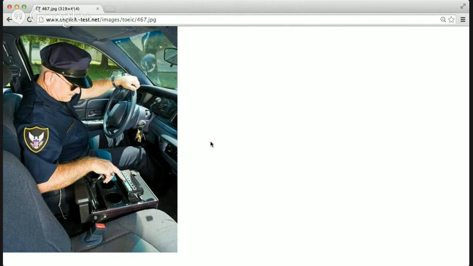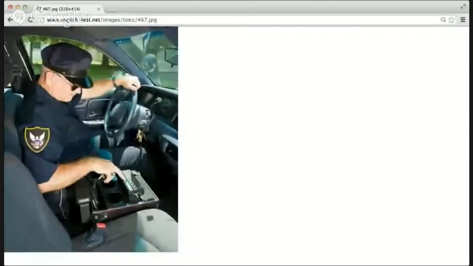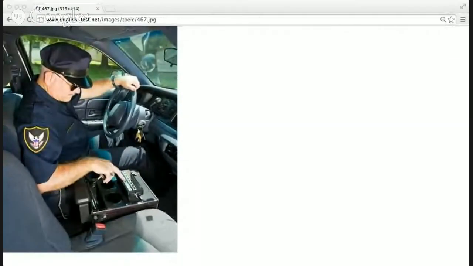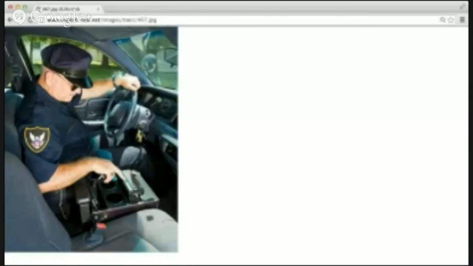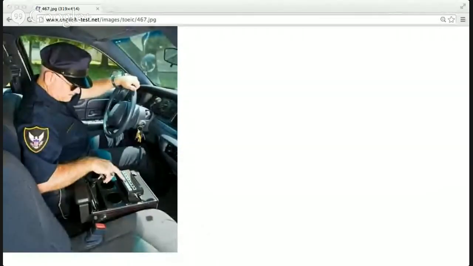All right. Now here we've got a couple of things inside of the car. Where he has his left hand, it's resting on the steering wheel. That's called a steering wheel. This area, where you see how fast you're going and how much gas you have, is called the dashboard.